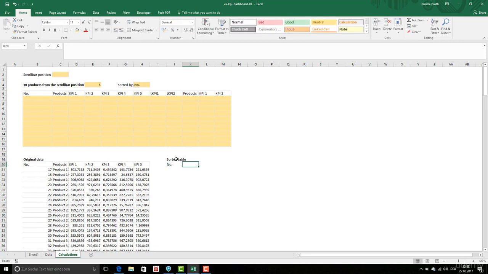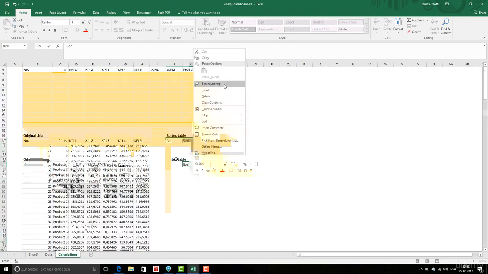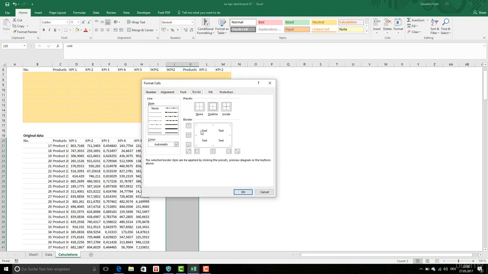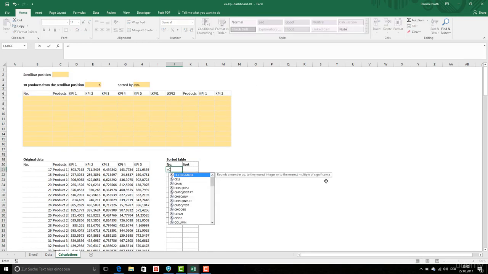Then I'm going to type the following: format cells, again like this. This is bold. This one will be equal to choose, and I'm going to take this position, this one, and then I'm going to select